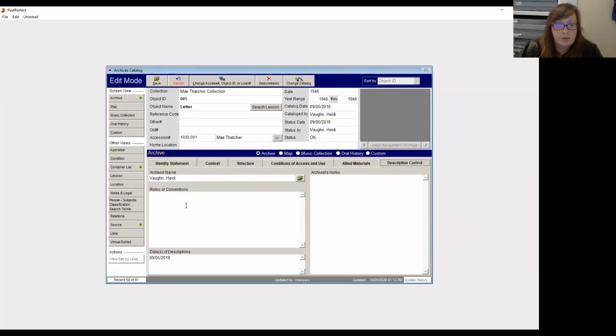Okay, description control, rules or conventions. So anything that you may need to add under here. I know recently I've been going over with my students in my museum management class the 1970 UNESCO Convention and Archaeological Resource Protection Act and things like that. So anything that might fall under the Migratory Bird Act, you'd want to put in here. And then of course, dates of descriptions, and then your archivist notes, anything that would be useful